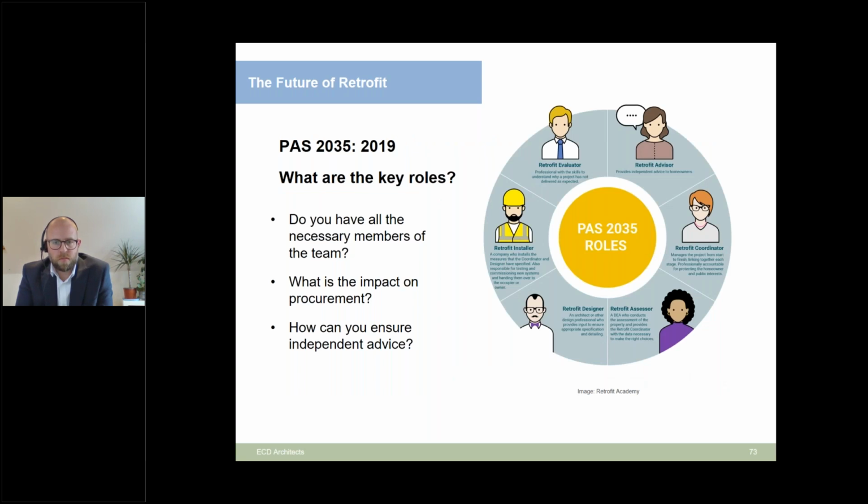But it introduces several new roles. Some of them are very familiar, so obviously the retrofit installer, you can see on the left hand side there is the contractor, but that is a properly accredited contractor. The designer, this can be the architect and or the engineers, again properly experienced in retrofit. But there's a few new roles there: assessors, the person who essentially models the building to understand how it's really performing in existing, and then the coordinator is the person who essentially project manages the process through from start to finish